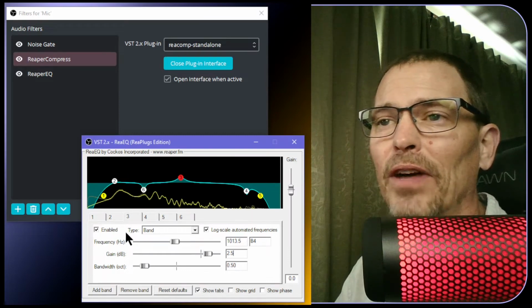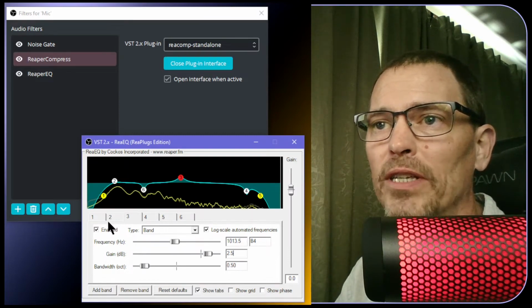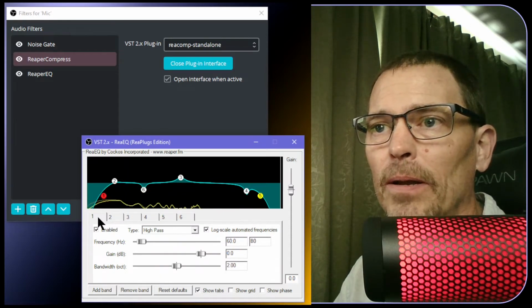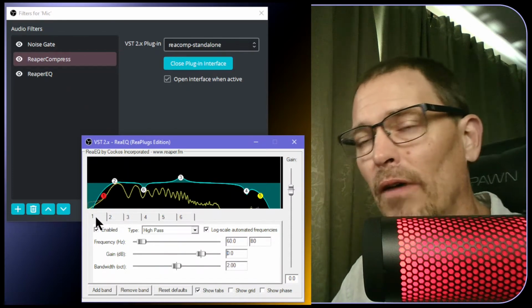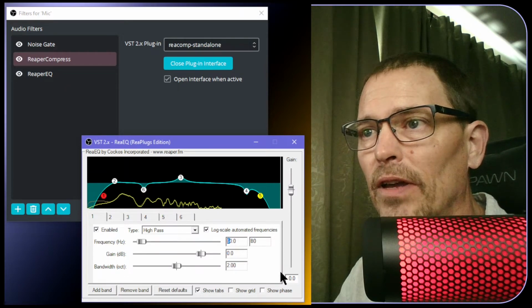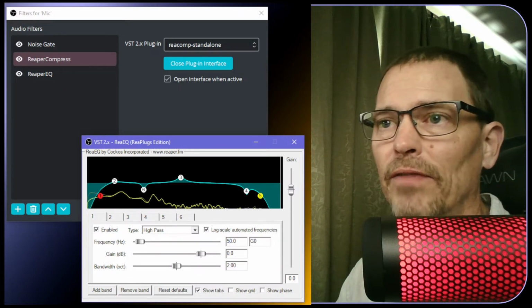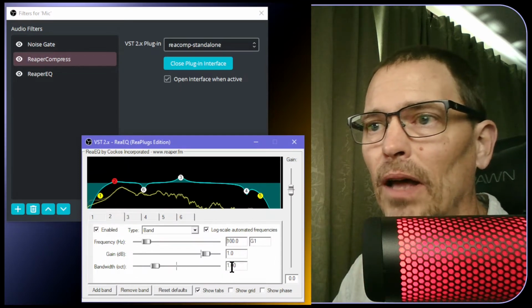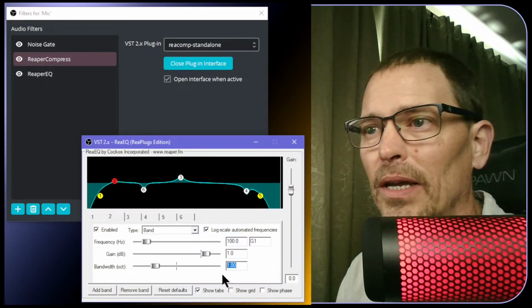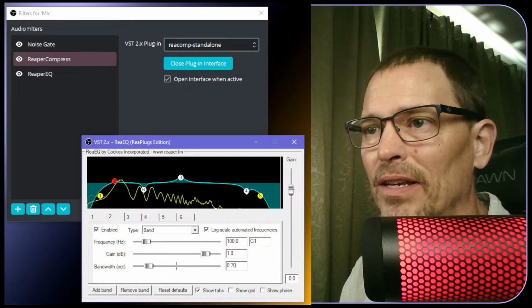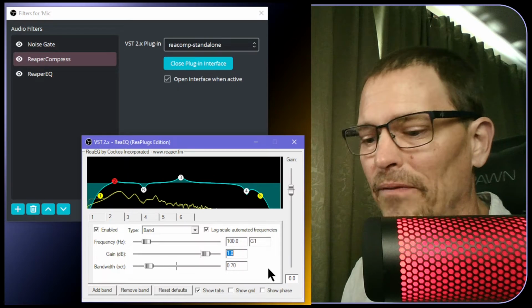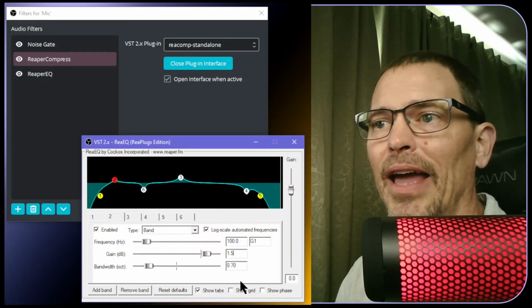I did notice that it felt like some of the bass had gone out of my voice, and I don't know if that's because of this high pass down here where I have completely cut off the lower end and I didn't go low enough. So I'm going to change that to 50. And then on the number 2, I'm going to bump that up a little higher. I'm going to narrow this to 0.7, and then I'm going to bump this to 1.5 and see if that